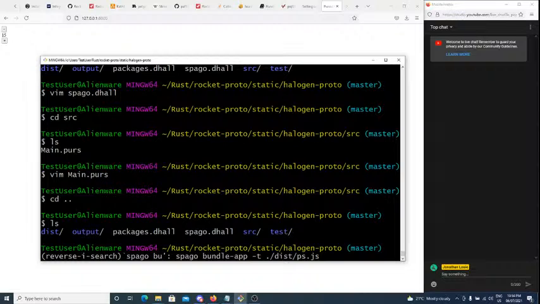So normally, if you just do a Spago build, it'll put your build artifacts in the output directory, and the thing about the build artifacts in the output directory is that they use require. And if you're new to the web development world like I was, or am, I guess, I'm slightly less new now, then require is not something that your browser can use.